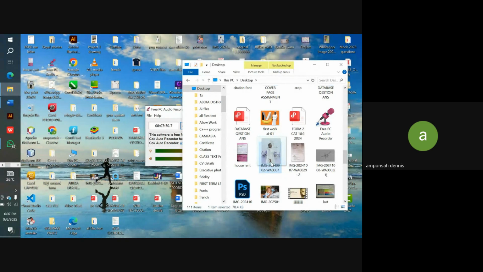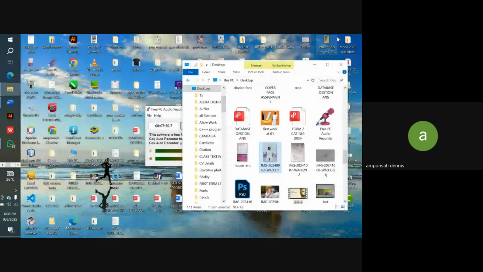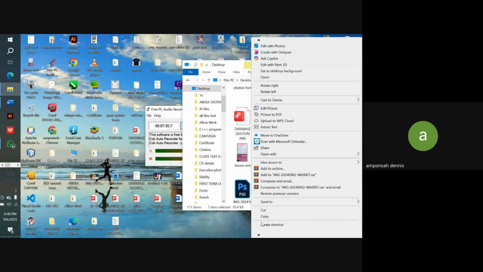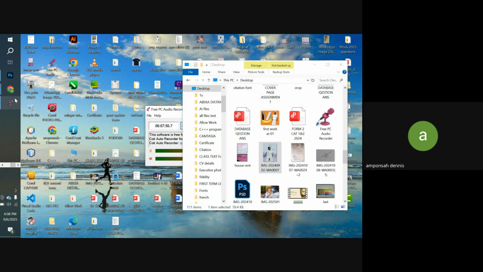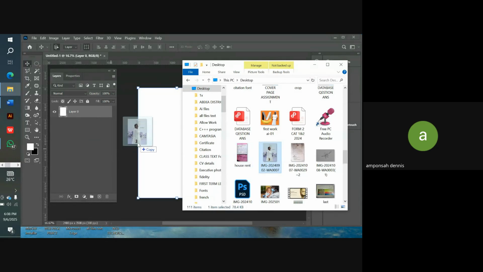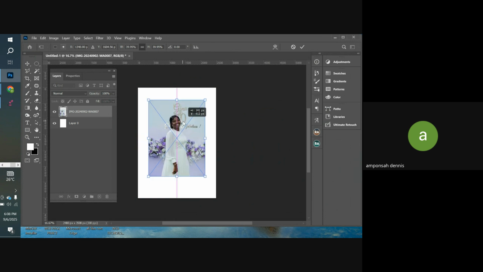So you import an image into your workspace. So like assuming this image,